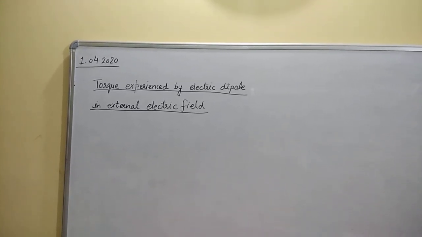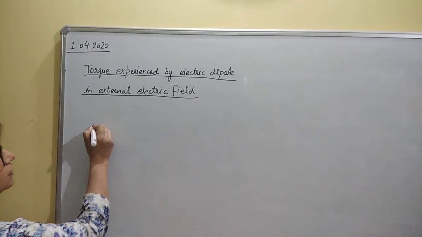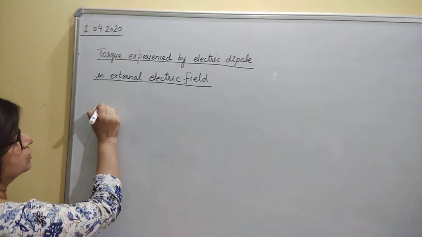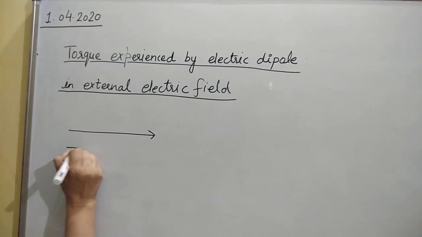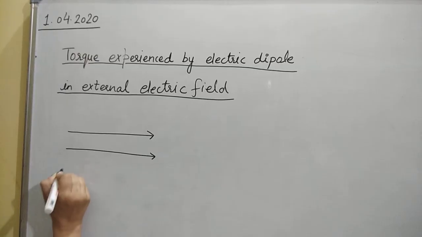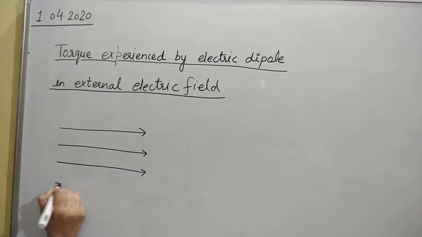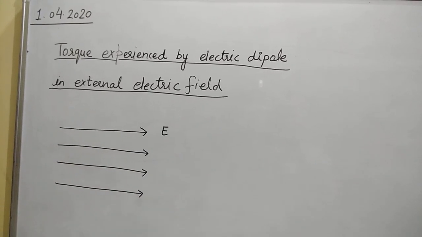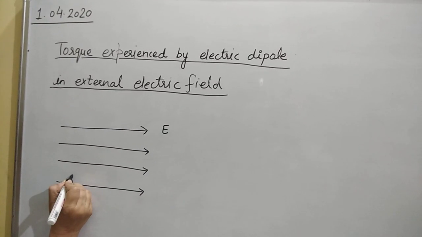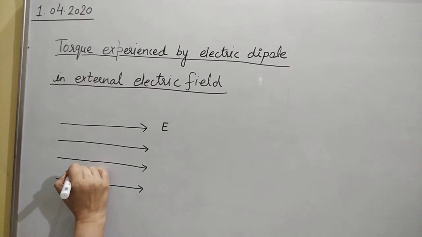When an electric dipole is kept in an external electric field, it experiences a torque. Suppose there is an electric field directed in a direction represented by these parallel lines. This is the electric field. Now, an electric dipole is placed in this electric field